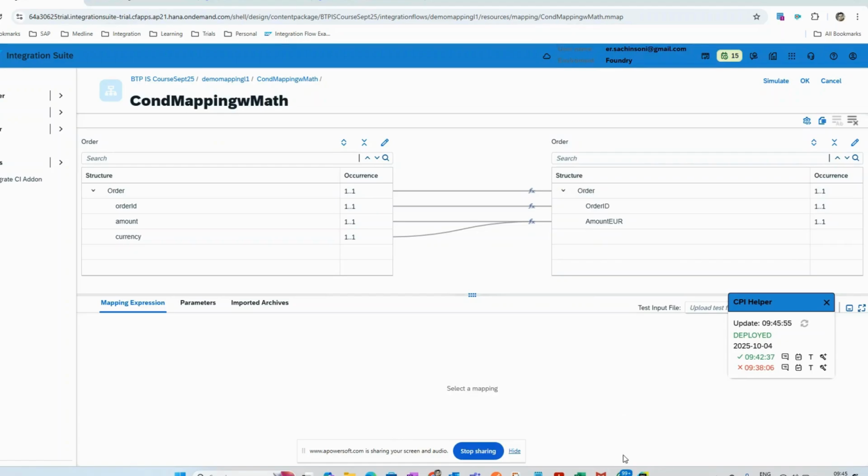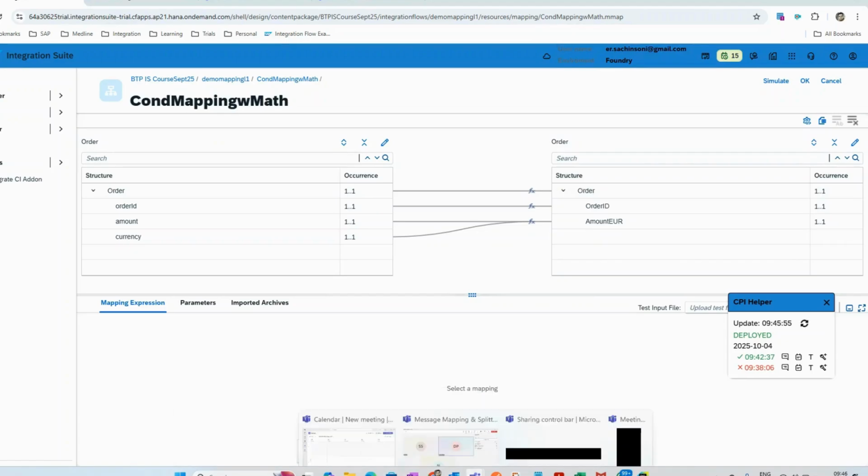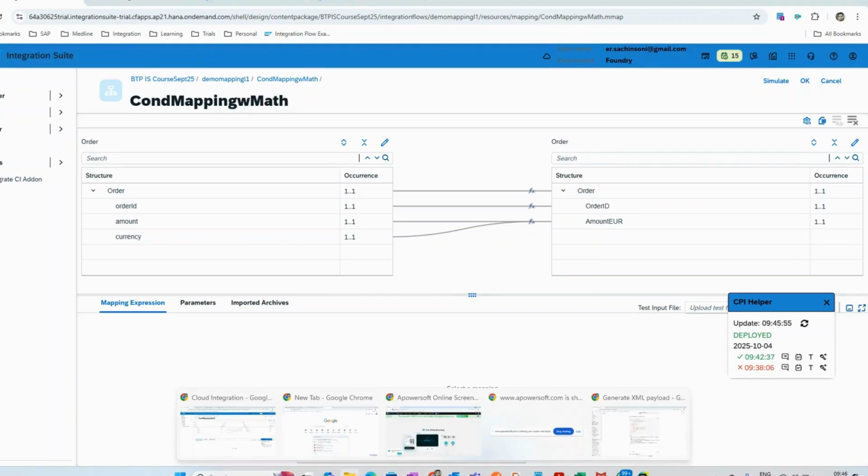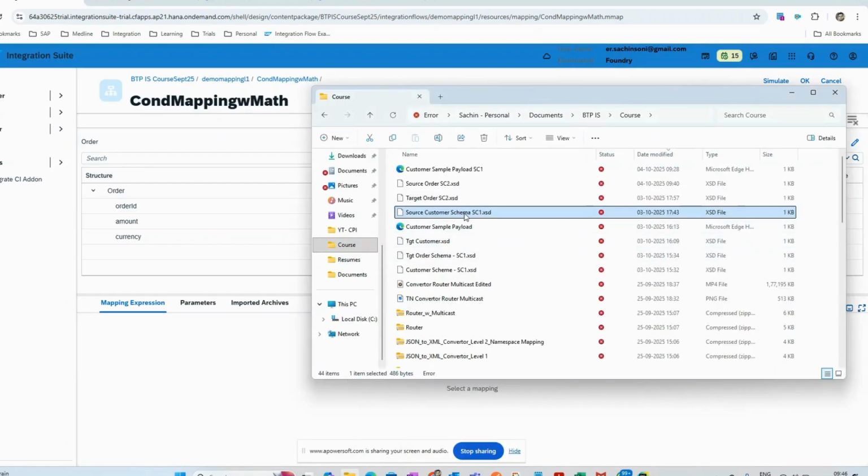So the schema, as I was telling, tells you about the structure, and also the semantic properties. So if I look at the schema,